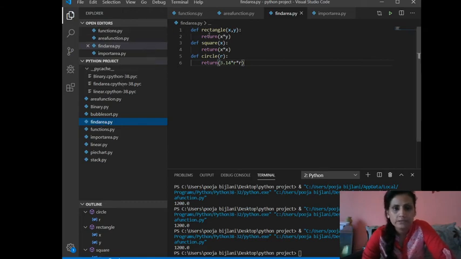What I am writing here is DEF, that is the function definition. You know now, this is the way of writing a function definition. So DEF rectangle, name of my function, 2 parameters x and y, return x and y. DEF square, single parameter, because for square calculation we need one dimension only, that is side. So x, return x into x. DEF circle, take radius and multiply it twice, r square, or 3.14 into r into r.